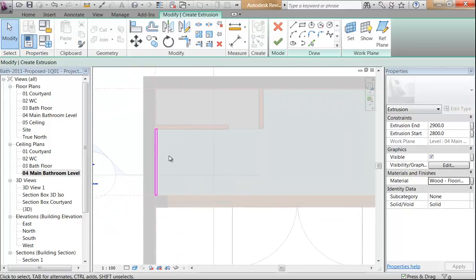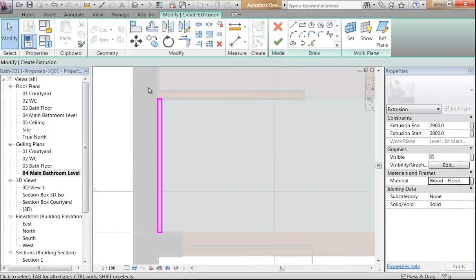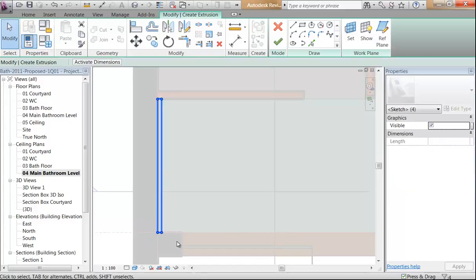So the next thing I'm going to show you is kind of a trick. It's not the best way of making lots of solids, so don't fall into the habit of using this method always, but in this situation it's going to work fine. I want a lot of joists. So before finishing my sketch, I'm going to select that whole rectangle just by making a window around it,